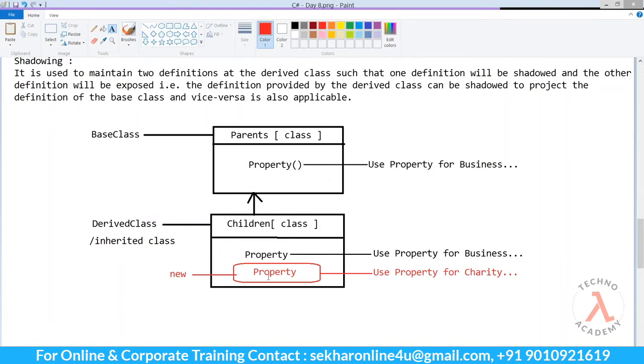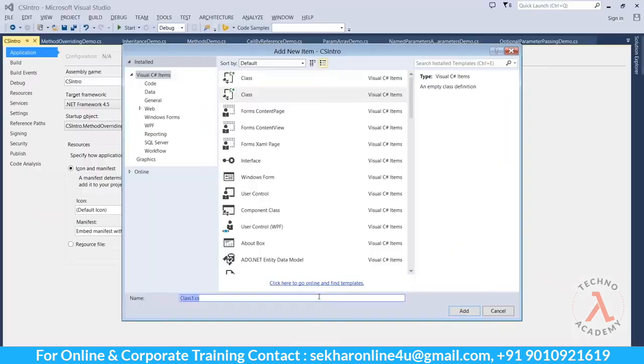And whenever we use the new keyword, we don't have to use any special keywords at the base class. Now, using this shadow feature, we will be in a position to get the definition from the base class by shadowing the definition of the derived class, and also we can project the definition from the derived class by shadowing the definition of the base class.